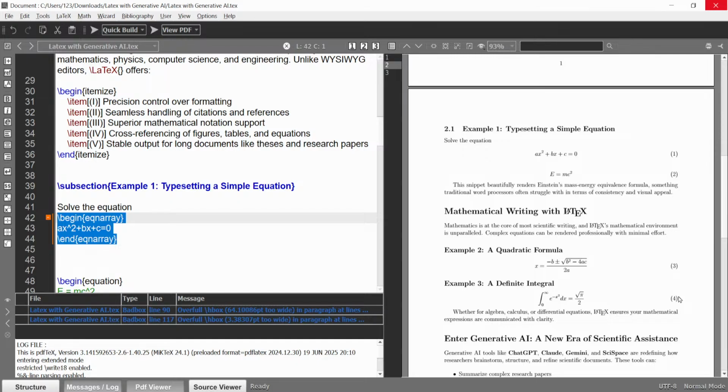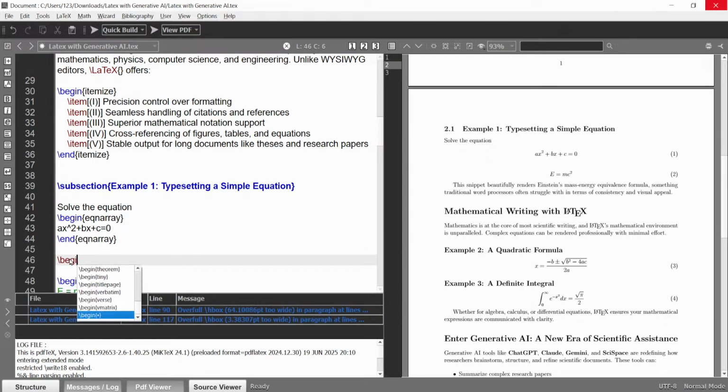So all the things, this LaTeX will update everything automatically. Okay, so suppose you have multiple equations, I enter here \begin{equation}.